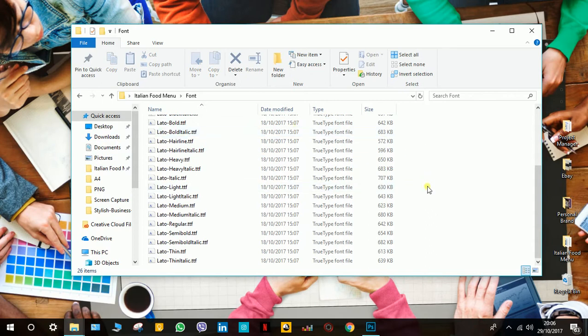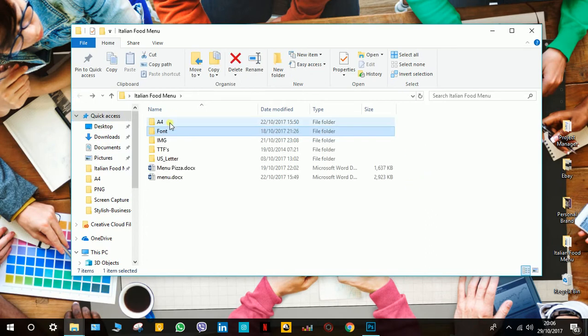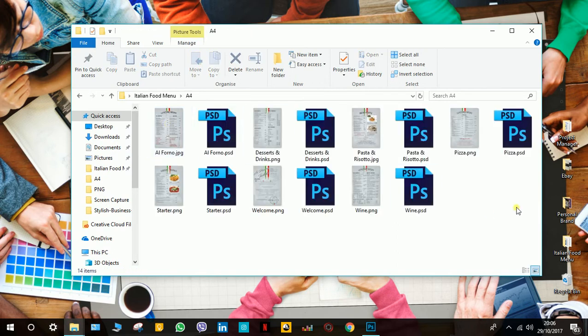Once you've done that, go back to the root of the folder, select the A4 folder and go inside the actual files. Here you will see all the files. I've made some screenshots of the files, so you will know which one it is before you actually go into it and edit it. For instance, if you want to edit this menu,